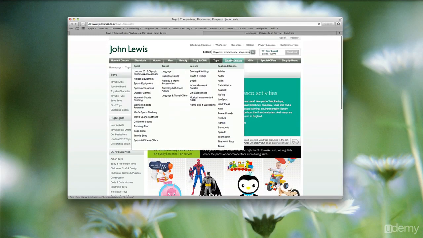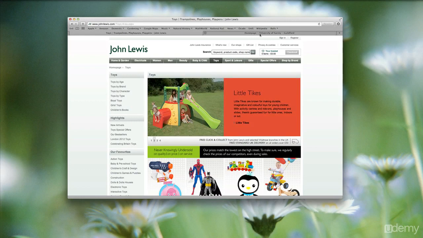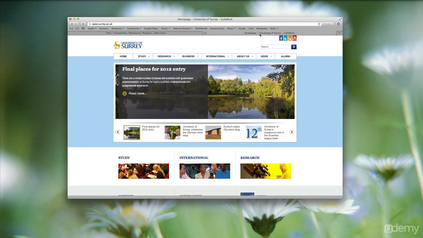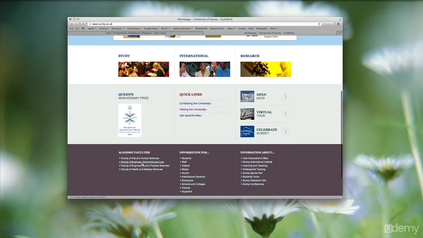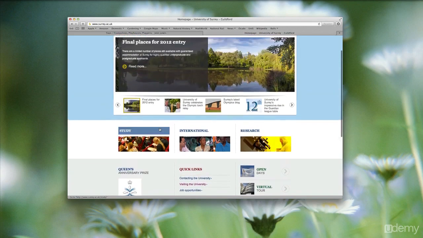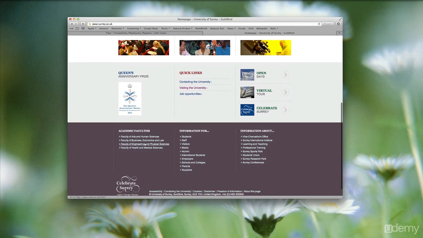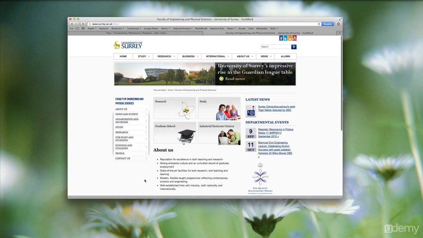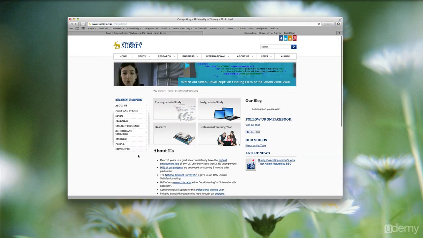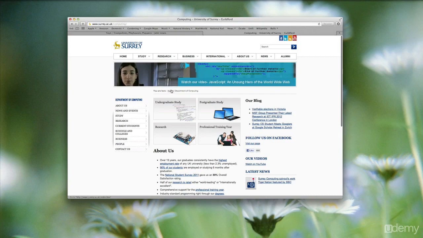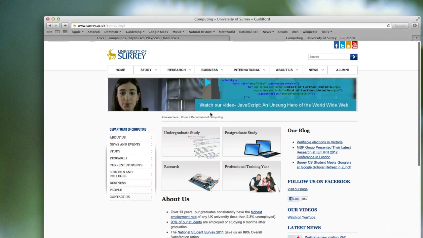Contrast to this one, which I still personally find not quite satisfactory. What we can do here in this particular one is to navigate. This is, as you can see, a university website. I can navigate to faculties, and from the faculties I can navigate to departments. This is my department. But you see here the breadcrumb trail does not fully respect the organization of the website,